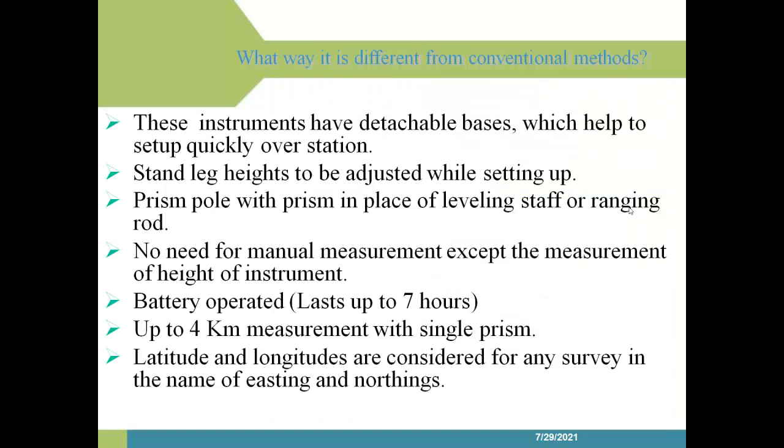The basic advantage of the instrument is that we get the readings very fast and the accuracy is very high. With a single prism we can get readings up to 4 kilometers also. Latitude and longitude are considered in the form of easting and northing, but in the advanced level of total station, latitude and longitude values come directly. It is called a smart station,